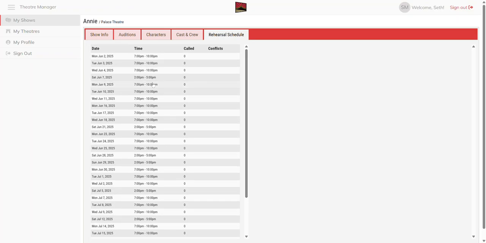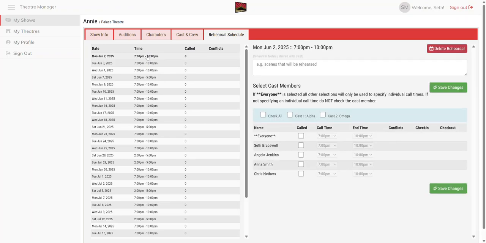So then what we could do is go into a specific date and say, here's when things start. We can give information about the rehearsal. So let's see, going over music. And everyone's called. So we'll go ahead and save changes. All right. So now it'll update here. It'll say called all. All right. So now that we've created our